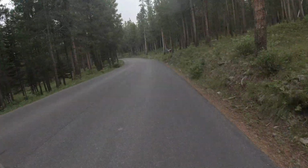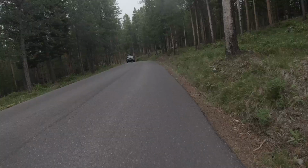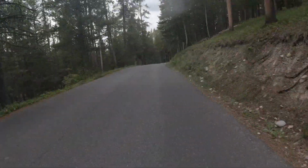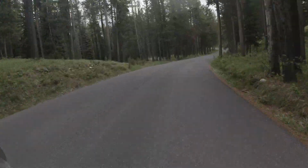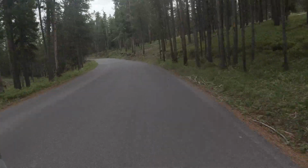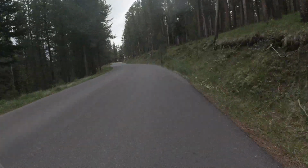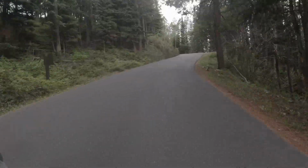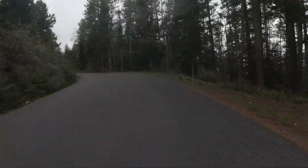So we did encounter some traffic as we passed. One side has the mountain going up, the other side has the cliff that drops off, so you just got to take your time because you're looking around. It's so beautiful because the higher you get, the chillier it gets and the trees get a little bit thicker. When you get to the top, there's definitely a beautiful pull-off overlook, and it looks over the valley, and that's